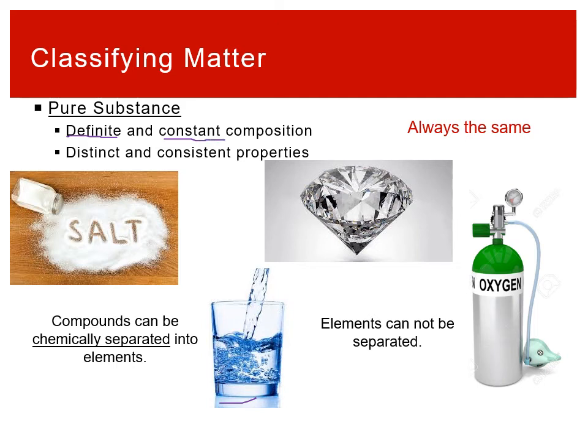If you have, say, a glass of water and you let it sit for 1,000 years, it will still contain the elements hydrogen and oxygen at the same ratio. It does not change over time. Similarly, substances have distinct and consistent properties. Consistent, again, means that the properties of water are always the same. It doesn't matter if you make that water in Baytown, or in Paris, or in Australia, or on the moon. It is always going to have the same properties and respond in the same way to its environment.